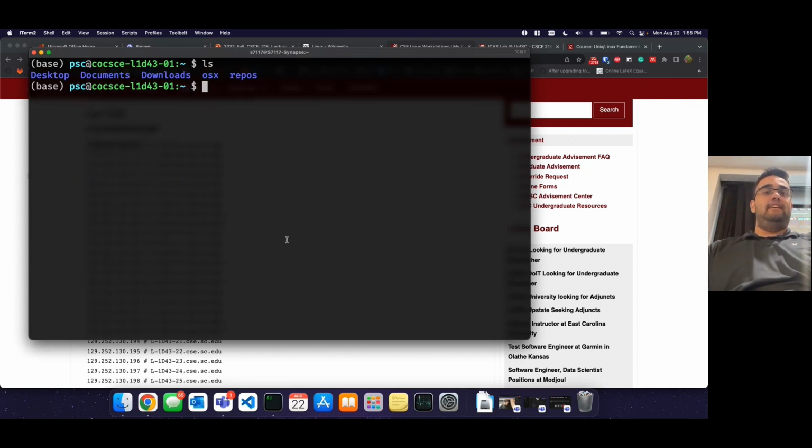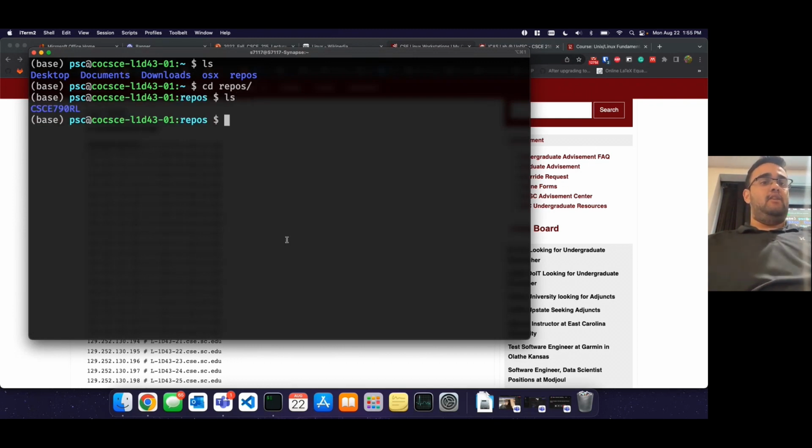So it's the exact same thing from earlier. If I do ls, you can see the files and directories. If I do cd and go into one of the directories, now I'm in the repos directory with another directory inside of it, and so on.